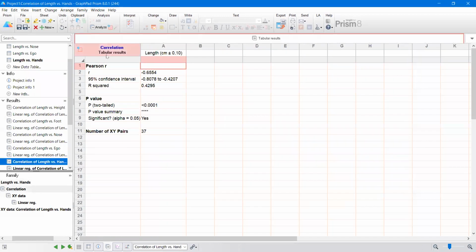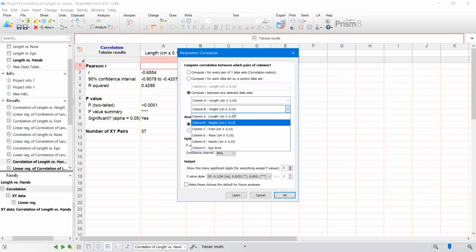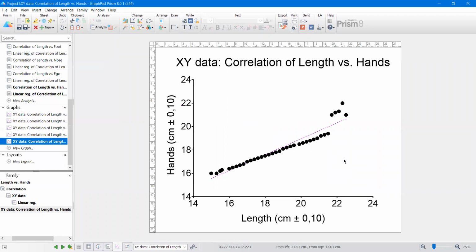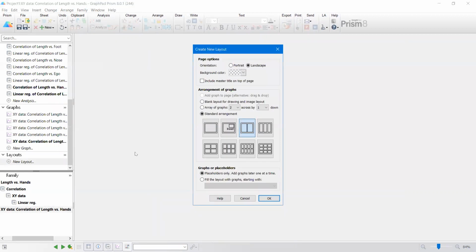So I'm going to do the same thing I did before. I'm going to choose the hands from the list, and then I'm going to click on the graph. Now that's amazing. Good. So now you have made several representations of the correlations, but in some cases you need to make layouts. So if you click on the new layout,